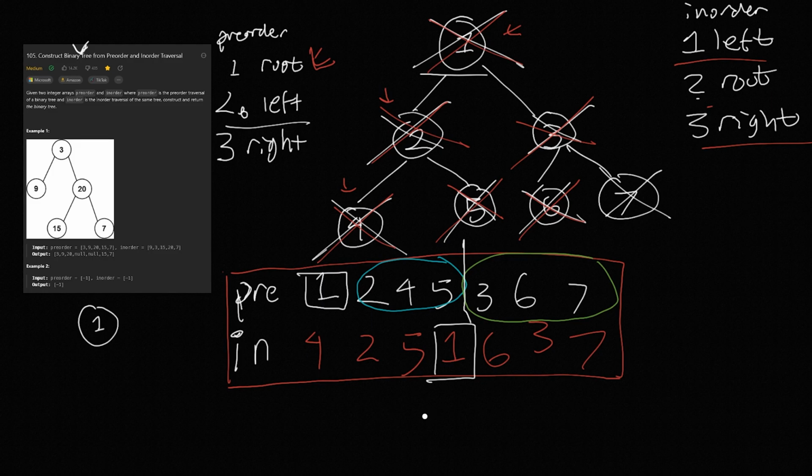So because of that, if we go ahead and use our colors here, we know that 4, 2, and 5 are the nodes on the left, and 6, 3, and 7 are the nodes on the right, to the right of 1. We don't know that 1 is the root, but from the preorder traversal, we do know that 1 is the root. So if you can imagine this, in our little tree that we've constructed on the left,